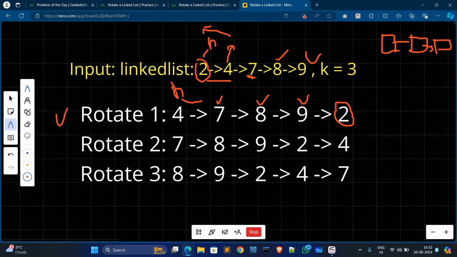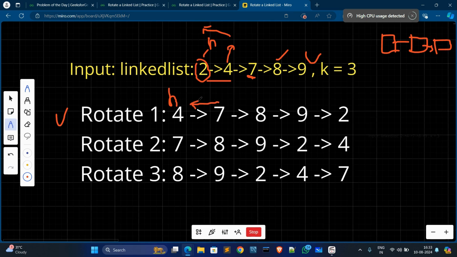Now in the second rotation, our updated linked list is this. Now this 7 will rotate first. Remove this, it will be easy. Now our head node is this, and we'll shift this node 7 to the left side.